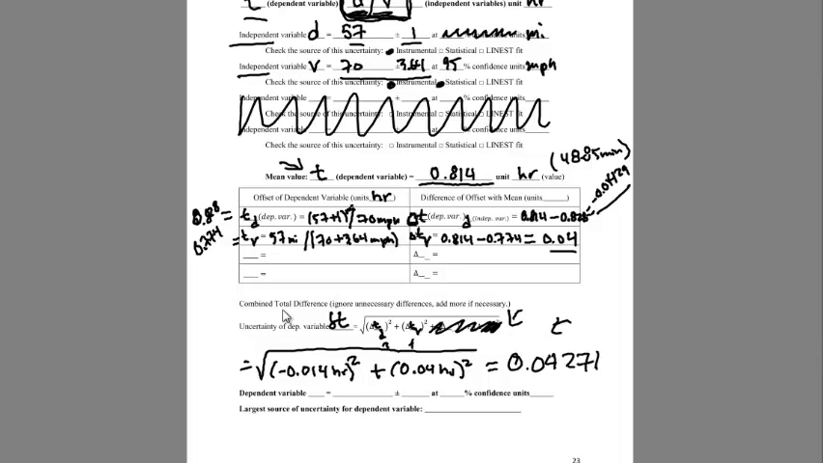So this uncertainty in the time is going to be found then by taking this negative 0.014, and once again that's still in hours, squaring it and then adding to it the 0.04 hours and squaring that. And that gives us an uncertainty of 0.04271 hours. So what we're saying is that this time that we predicted, of